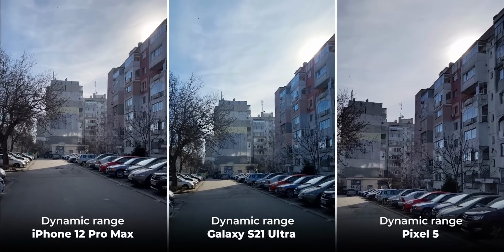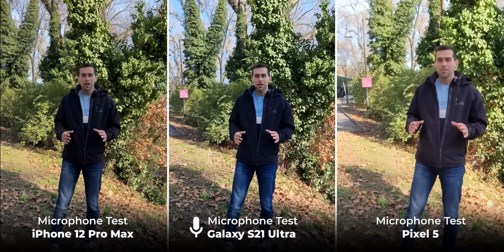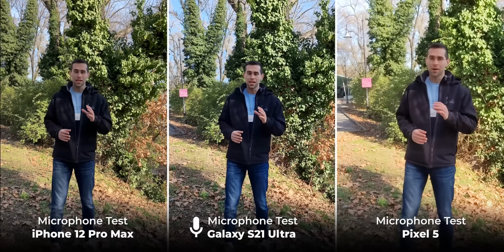look, we start seeing a lot of noise in the shadows, especially on the Galaxy, but also on the Pixel, while the iPhone footage remains crispy clean. Really impressive for the iPhone. Now granted, this is a bit of an extreme test, but nonetheless, the iPhone definitely wins the fight when it comes to dynamic range. So next up we have a mic quality test with the three phones, the Galaxy S21